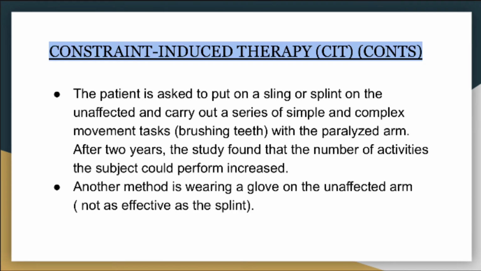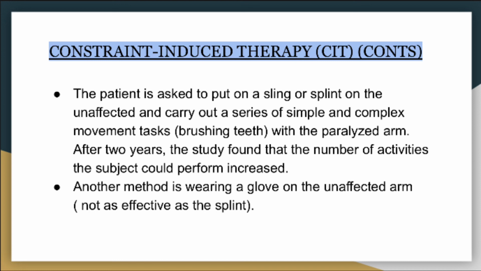Another recent approach is constraint-induced therapy, known as CIT. This originated from research with animals by Taub in 1980. He found that monkeys with unilateral forelimb deafferentation tended not to use the deafferented limb. He and his crew implemented a program involving a shaping technique to train the monkeys to use the affected limb.